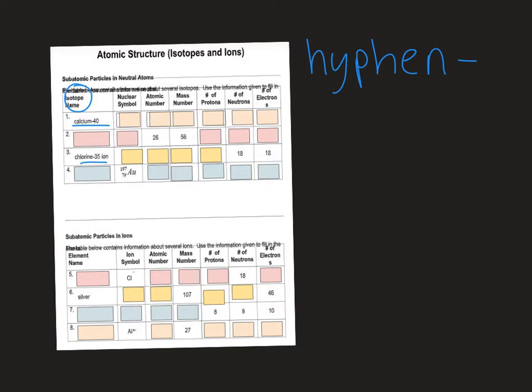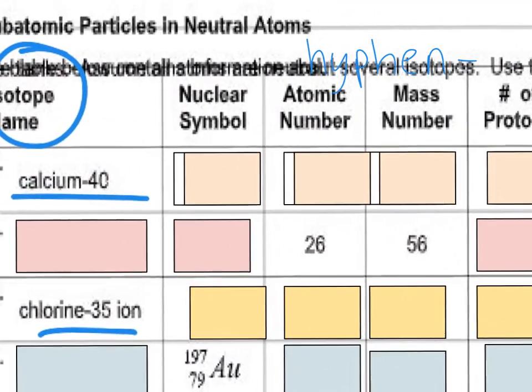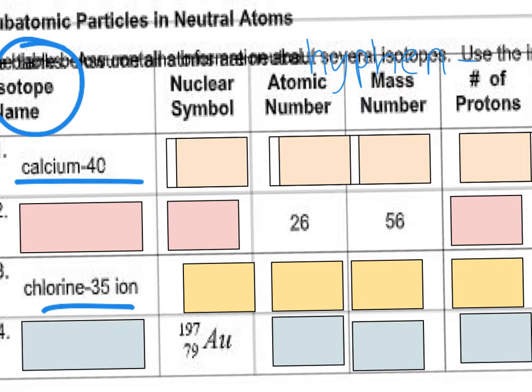So when you go to write in your nuclear symbol, I'm just going to zoom in here, kind of make it bigger. And I realize some of these were a little blurry. Let me know if ever anything is blurry, and I can clear up what it is that you're looking at. Okay, so for calcium-40, for your nuclear symbol, you should have started with Ca, okay? This number right here, this was your mass number,